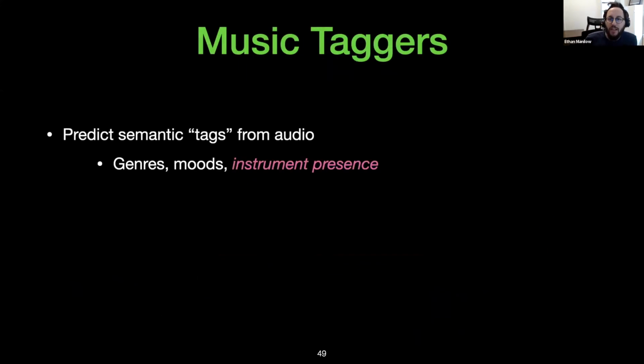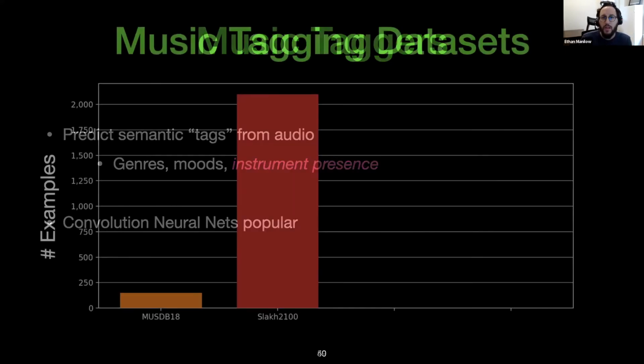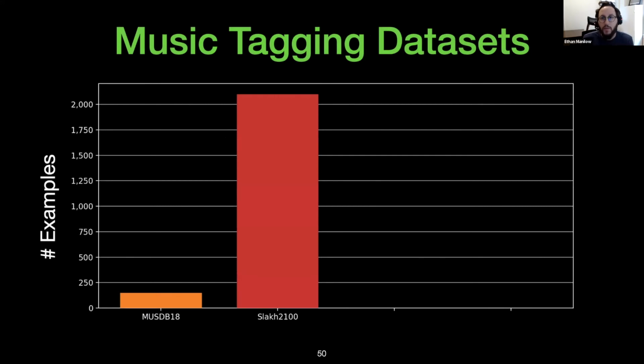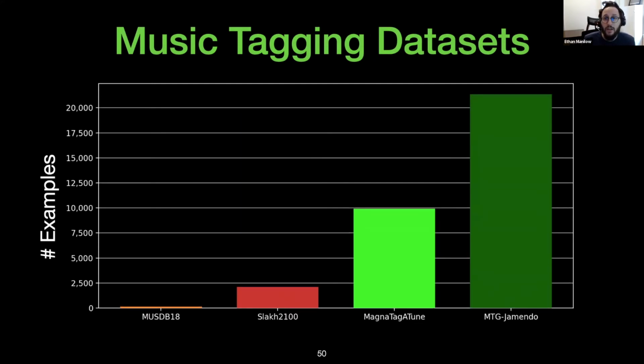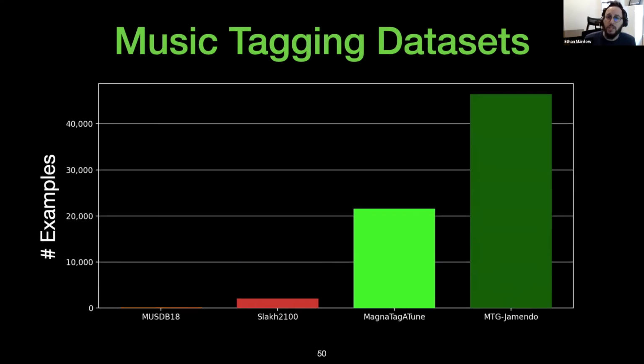Music tagging is the task of predicting a set of tags from raw audio signals. These tags should have semantic meaning, like genres or moods, or indicating if a particular instrument is present or absent. The music taggers we're going to use are all convolutional neural networks, but let's talk about a big reason of why we want to use music taggers in the first place, and that's data. Again, I'm going to show you the same 2 separation data sets as before, MUSDB and Slakh, and if we compare these to music tagging data sets, it's clear that tagging data blows separation data out of the water.